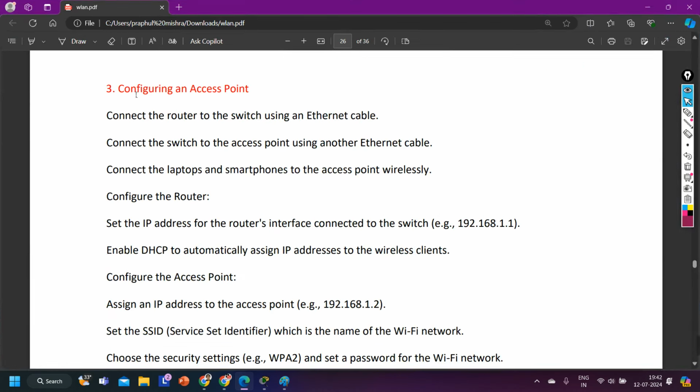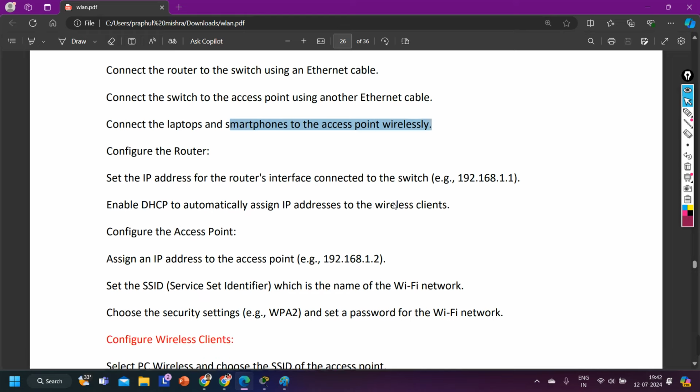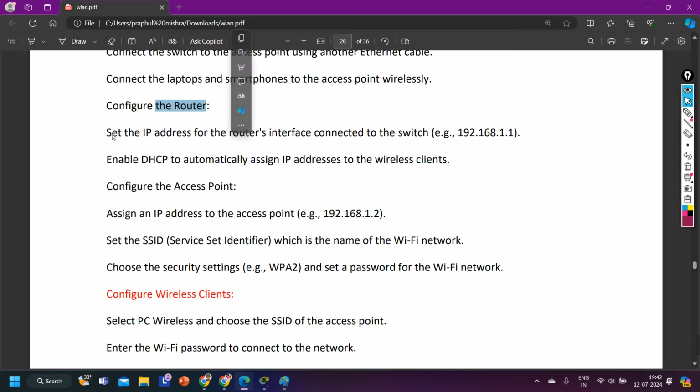Okay, so if I talk about the configuration of an access point: connect the router and switch with the help of an Ethernet cable. Then connect the switch to the access point with another Ethernet cable. Connect a laptop or a smartphone to the access point wirelessly. Configure the router, which means configure DHCP. Set up an IP address on the router interface connected to the switch. Enable DHCP to automatically assign IP addresses to the wireless clients. Configure the access point, which means configure the SSID. Assign an IP address to the access point,